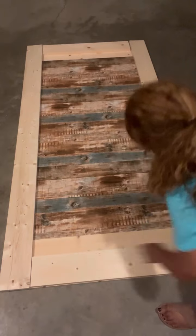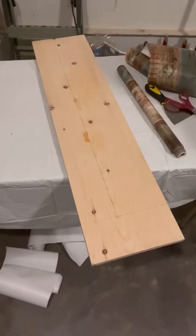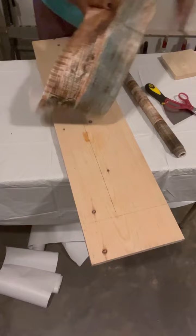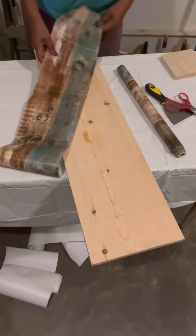Just like you did the others, do that at the top and do that at the bottom. Nice thing is you should not have to cut any more paper off of your roll, because this is a scrap piece that I cut from the roll, and